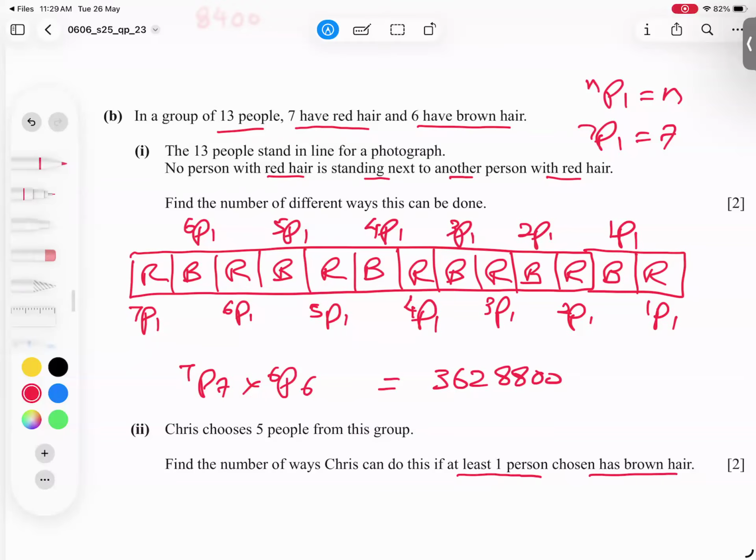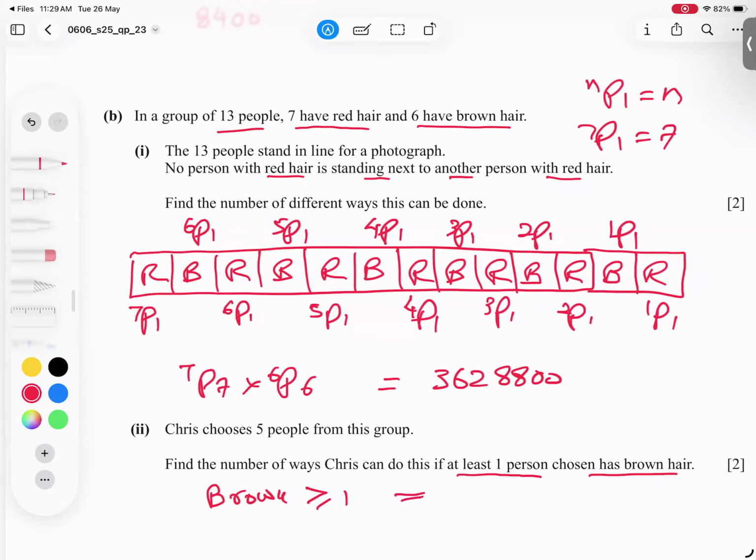At least one person. So brown, one and more than one. So what is the planning? One and more than one. Okay, at least one brown means, brown here means one and more than one. So can we say, students, can we say,